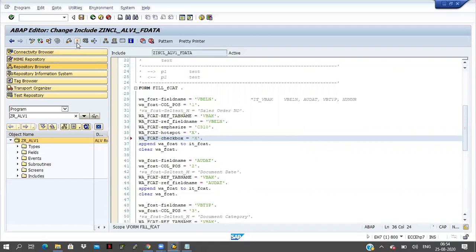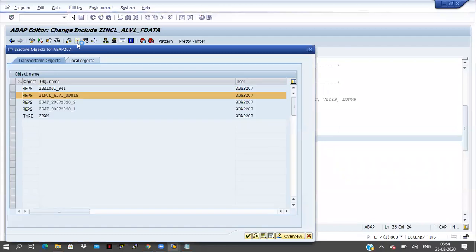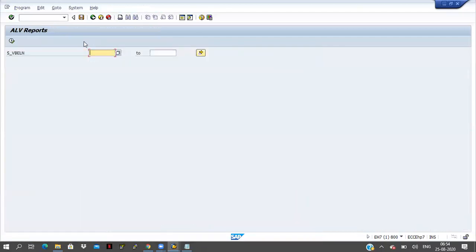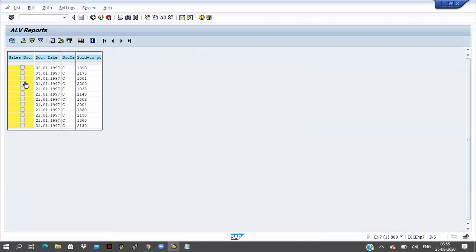Activate this one, execute it. See here, in place of the sales document number, it is coming as check boxes.